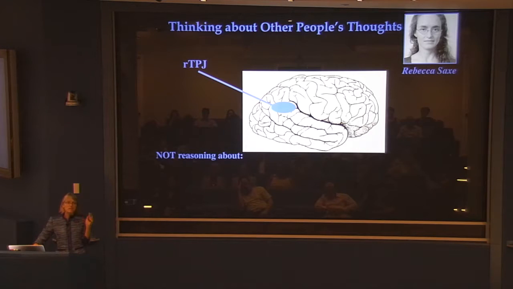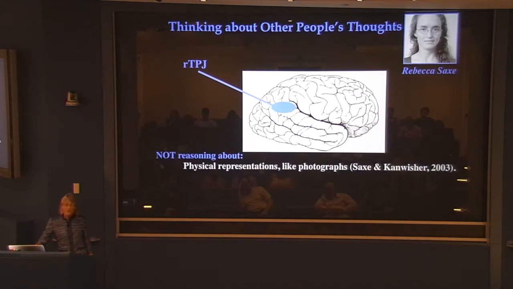So she's tested a large number of other conditions. This region is not engaged when you do logically isomorphic tasks about non-mental representations, right? So in the mental representation task that activates it, you read stories about what another person knows or thinks, and you have to reason based on their knowledge what they'll do. In the control conditions, she's got people reasoning about a photograph or a map, a physical representation that also can differ from reality. So it's logically the same kind of structure. It's just not a mental representation. It does not activate this region at all.